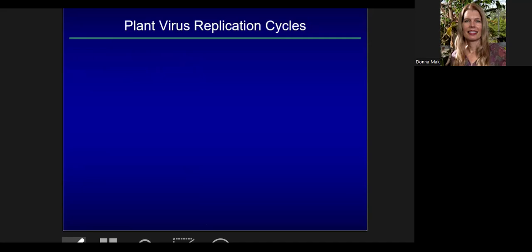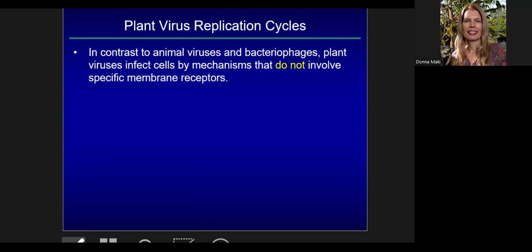And they've yet to discover a virus that can penetrate through that. And so what tends to happen is that you have other mechanisms that have to come into play first in order to get the virus into